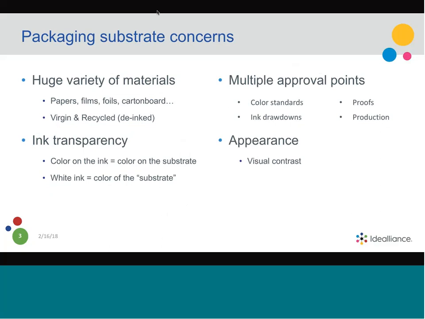Papers, films, foils. In the case of a carton board, it's not just a carton board, but is this first-time carton board, virgin, so to speak, or is it a recycle board where there's been ink on it and it has to be de-inked and then you're going to run print on it again? And so the variability of all these different materials has a huge impact on the performance of a brand on shelf. Another key issue that you need to consider as a brand is that ink is transparent,